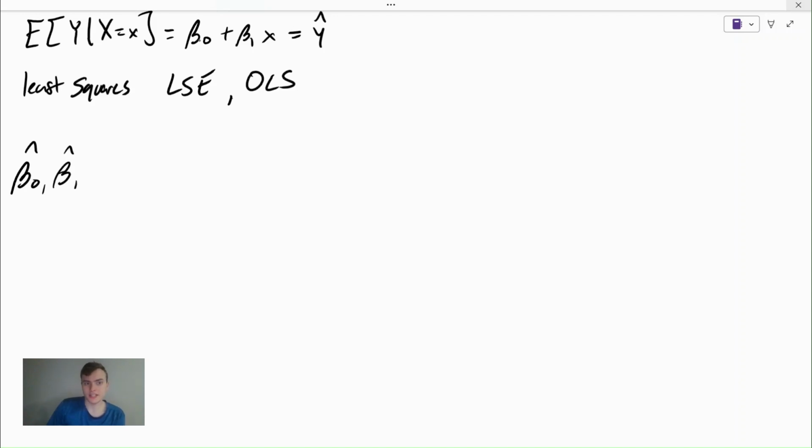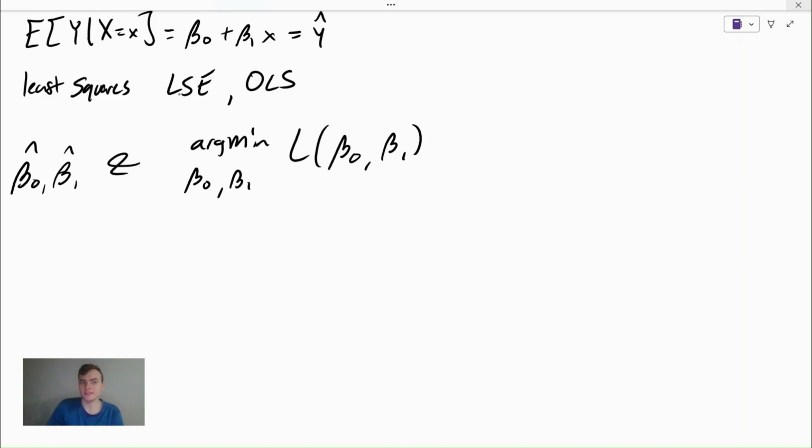So generally, we could choose any beta 0, beta 1. We just wouldn't have a very good model. When we put the hat over it, that means we're choosing a specific value for beta 0 as the estimate for beta 0, right? And so, as I said, these are going to come from minimizing some function of beta 0 and beta 1. And in least squares, this function is